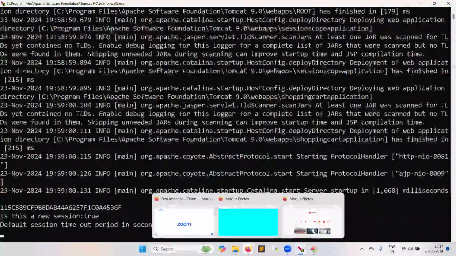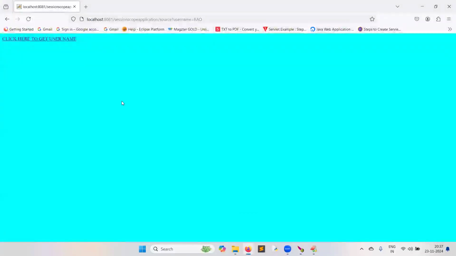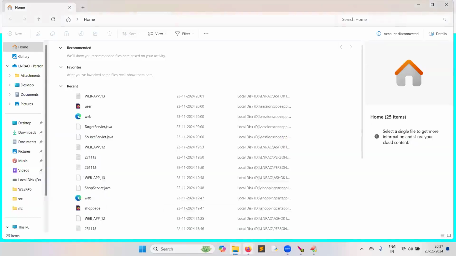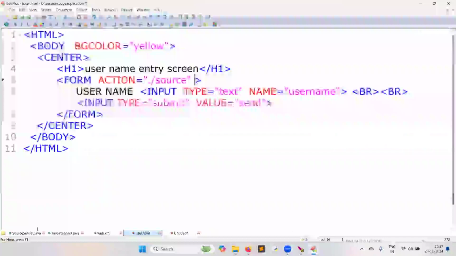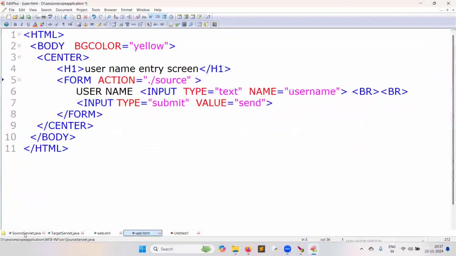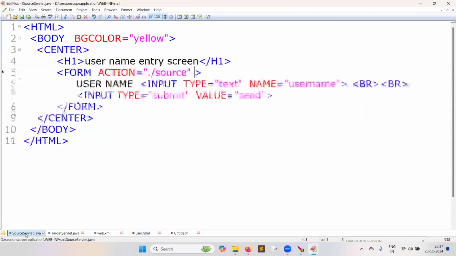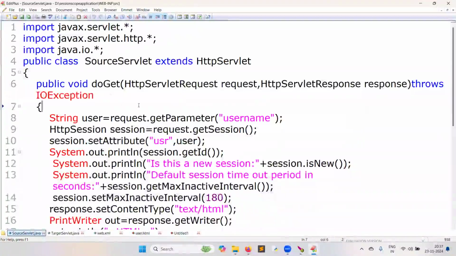Tell me, when the user entered the username and clicked on the button, where does the control go? I already told you. If I develop the code totally in front of you, there will be more clarity. But we cannot see 2 examples. That is why I have chosen to show you the already existing example. Observe, this is the servlet.